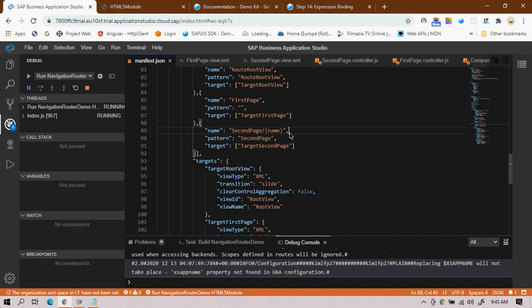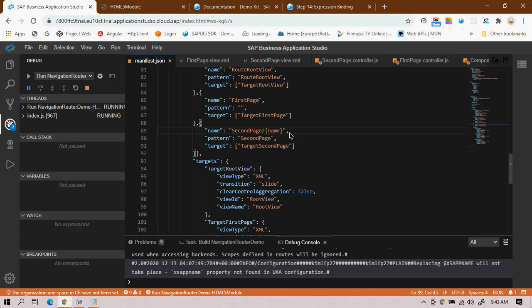Hello? Yeah, Suresh? Yeah, can you please repeat that question again? Because the thing is, we are sending the name details from the first page to the second page, and in the second page you are getting the data. For that you have declared it in the name property.